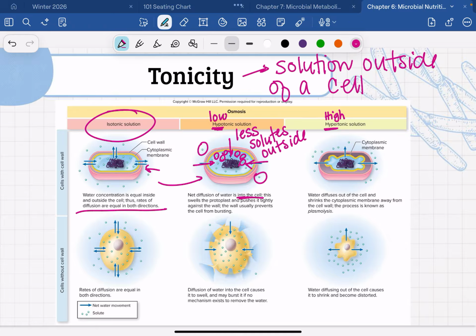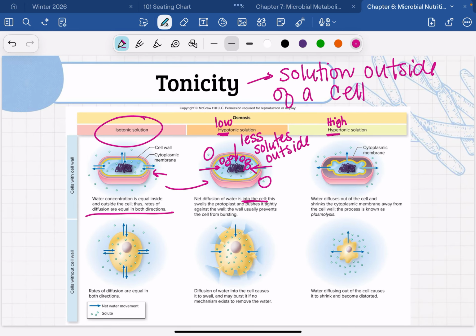All right? So that is tonicity, and that is a thing that bacteria have to deal with on a regular basis, because again, remember that they're just floating around. And kind of an interesting way to think about this, and we're going to talk more about it in Module 3, we'll bring it up again, is that one of the ways that we control bacterial growth,